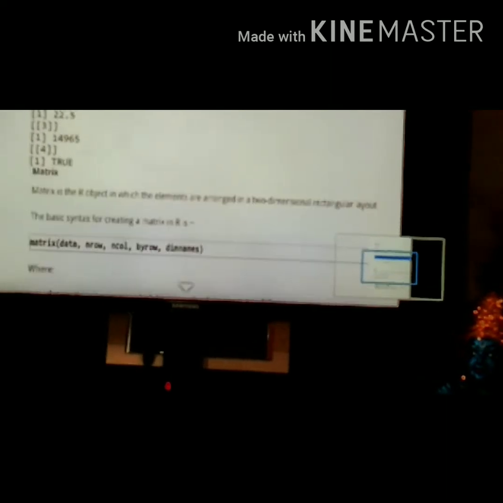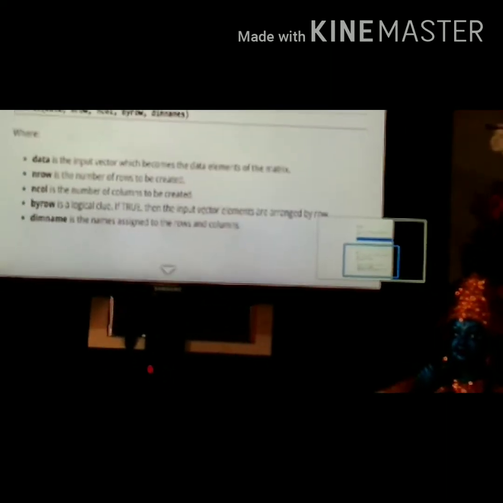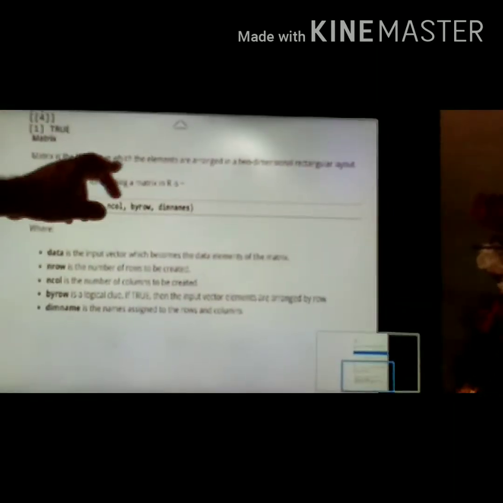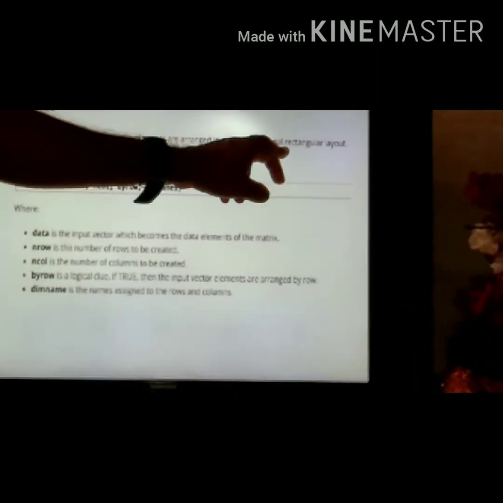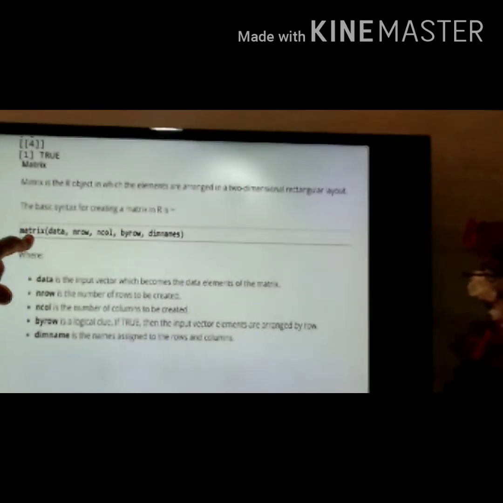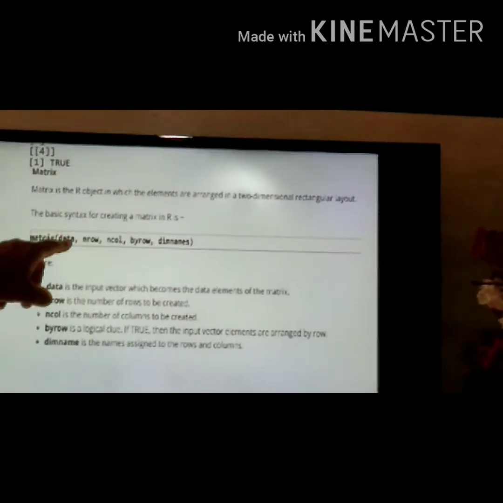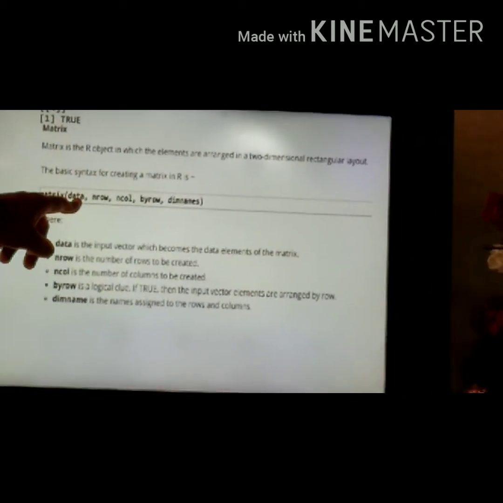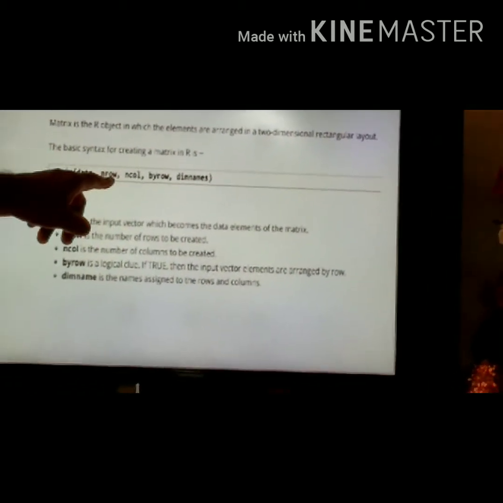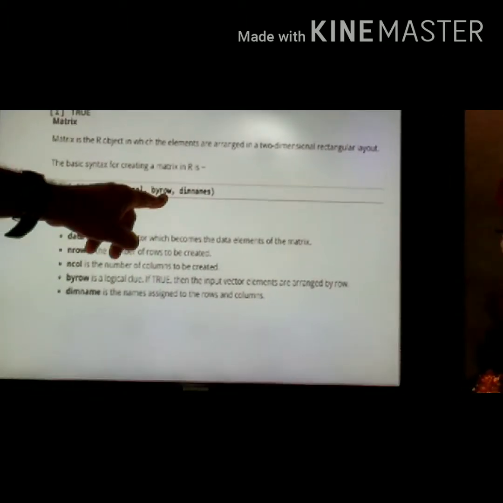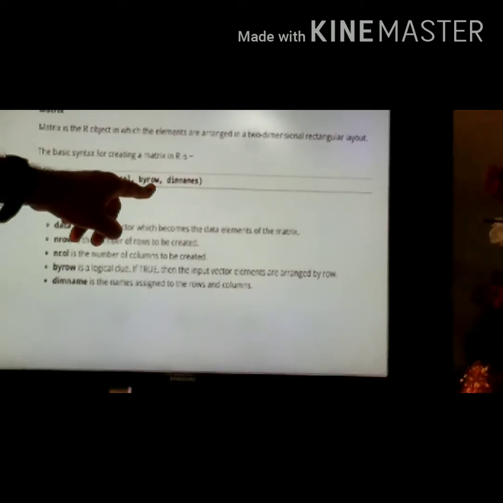Okay. So next we will discuss matrices of the vector. A matrix is an R object in which the elements are arranged in a two-dimensional rectangular layout. What is the basic syntax of the matrix? Matrix: this is the data, indicated by the vector notation or some other notation. nrow is the number of rows, ncol is the number of columns, byrow equal to TRUE or byrow equal to FALSE.